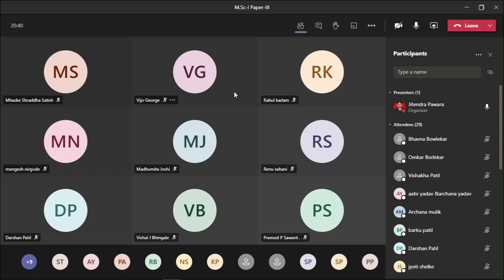So among these two radicals, chlorine and bromine, chlorine is highly reactive, that's why it is less selective, while bromine is a more stable radical, and it is highly selective. So this is just a revision of what we had learned in the last lecture.